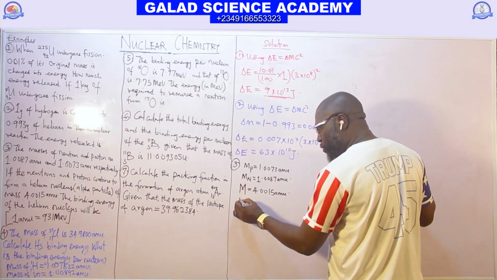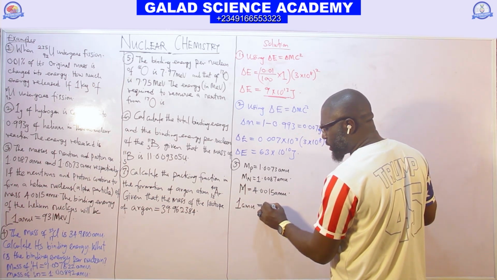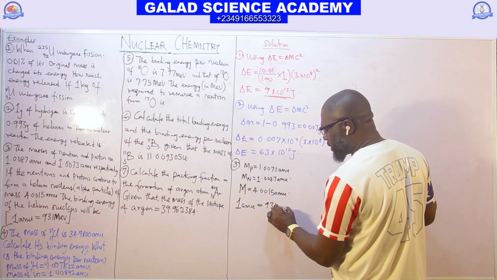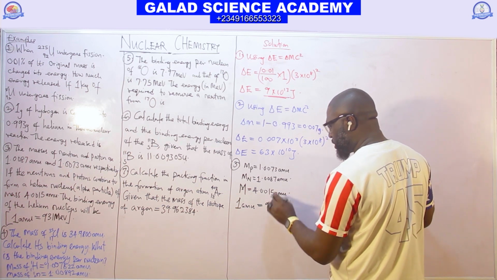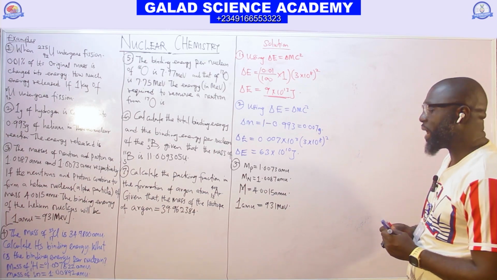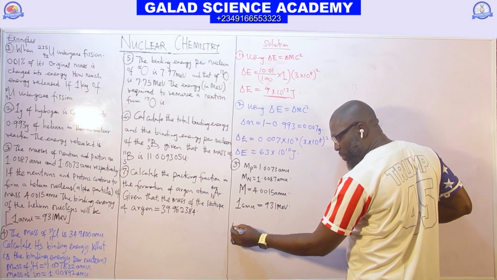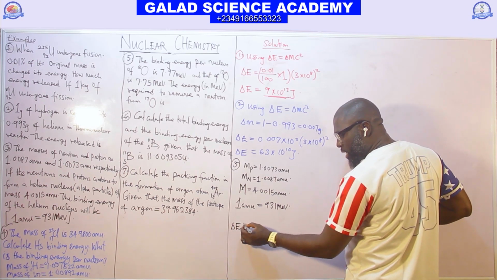We are given that 1 atomic mass unit equals 931 MeV, and we are asked to find the binding energy of the helium nucleus. If you still remember, there is a formula which says that E is equal to the